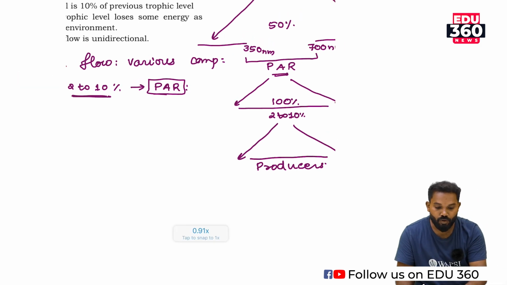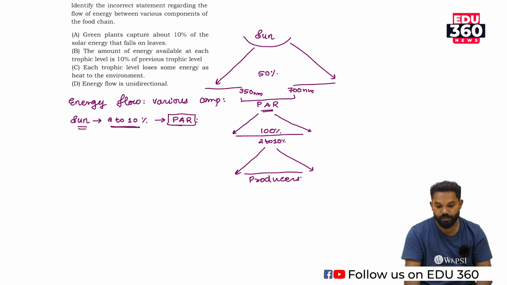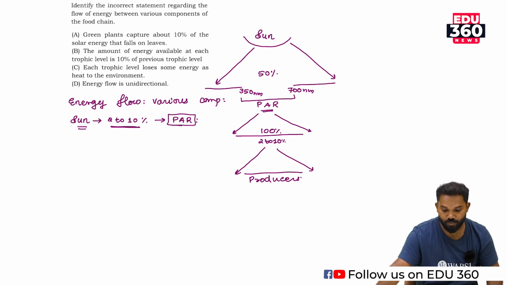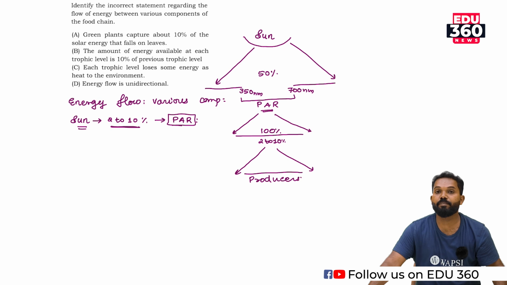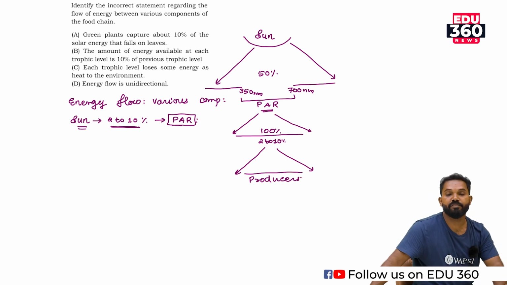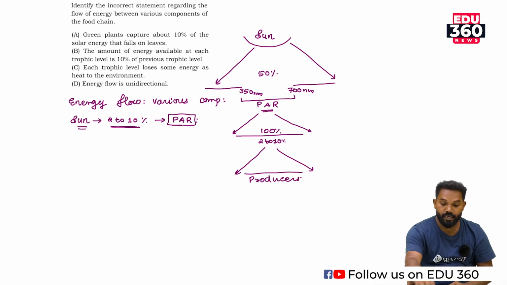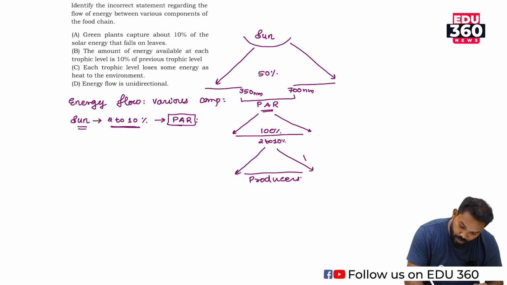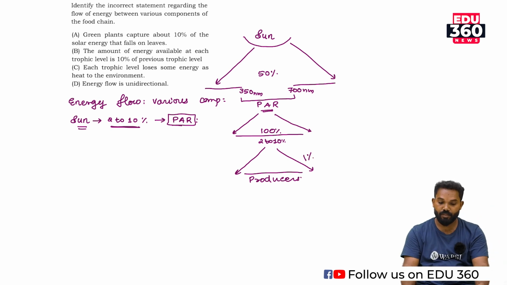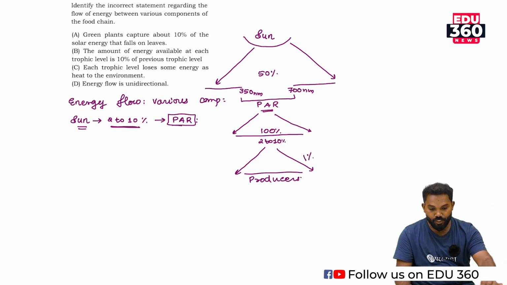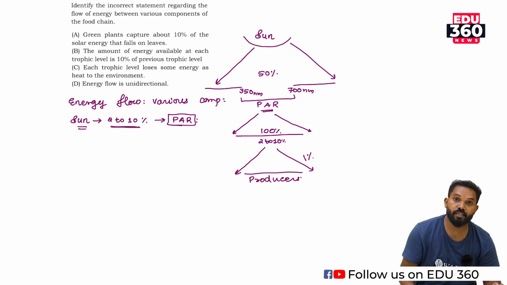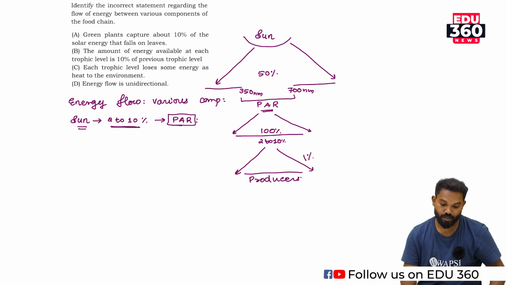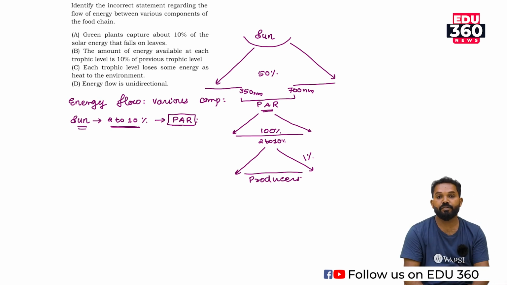So not all the energy coming from the sun is captured by producers. The 2 to 10% of the 50% of the solar energy, that is 1% of the solar energy, is directly captured by producers. But according to the energy flow law, or 10% law,